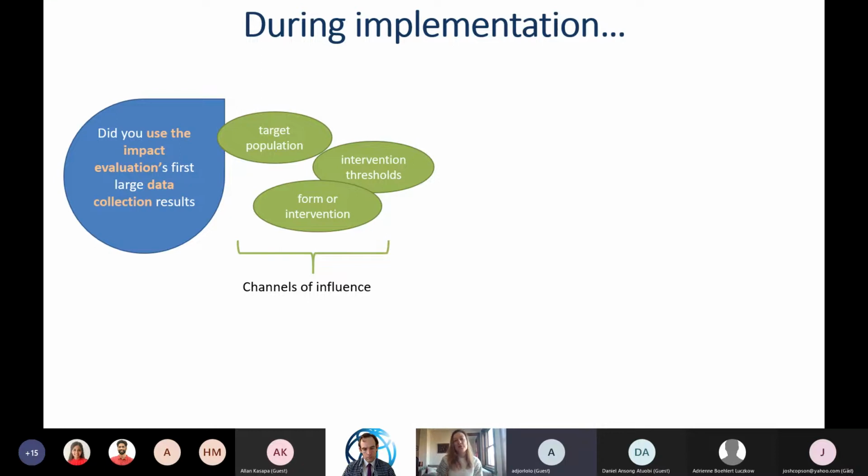So for example, it could be by, again, the target population. You realize that you're not targeting the right people once you go and collect data. Maybe they're not the people that are actually in the program. Or you realize as you collect data that, for example, there's a threshold of X amount of Ghanaian cedis before someone can benefit from a program. They need to have X revenue. And actually, as you start collecting data, you realize that this threshold is too low, or too high, so we're going to reset it. Or you might even just learn that what you're implementing is actually not the right thing. And so you might rethink a bit about what you want to implement.